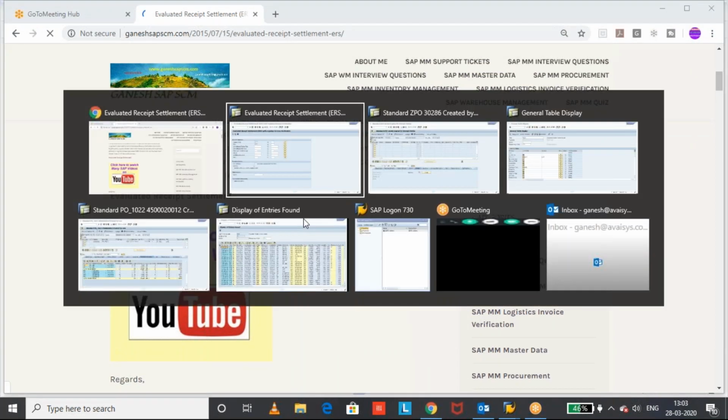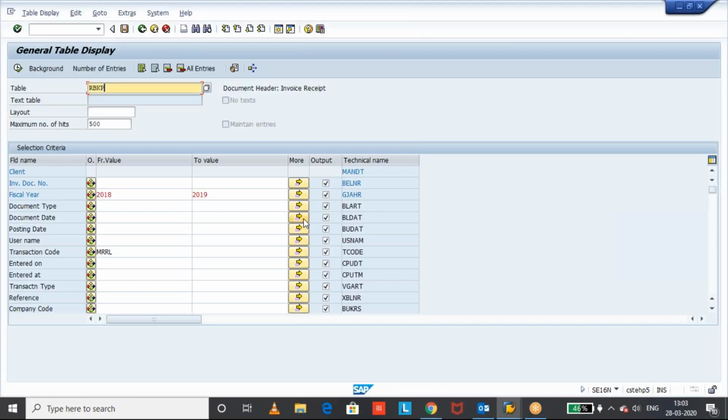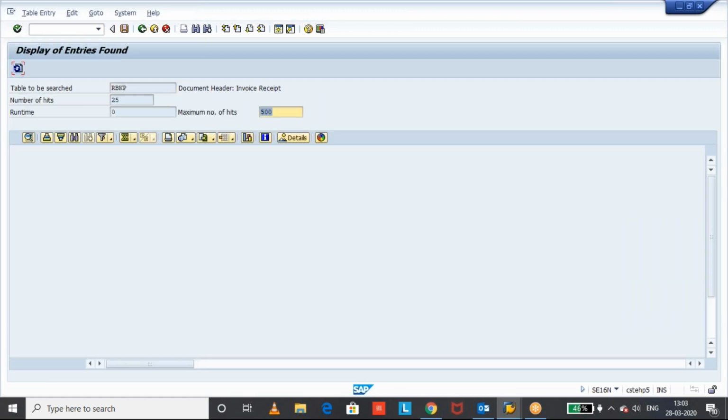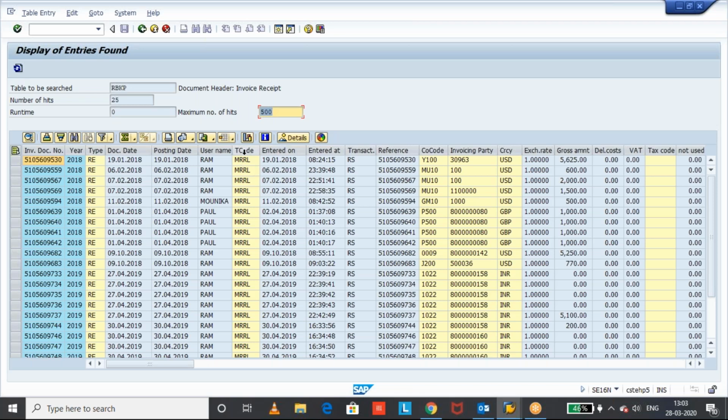Okay. Now, the purpose of the video is how to identify the list of invoices which are created through MRRL. Okay, so give your financial year, and under the RBKP table, give the transaction code MRRL and execute it. So now you get the list of invoices which are created through ERS functionality.